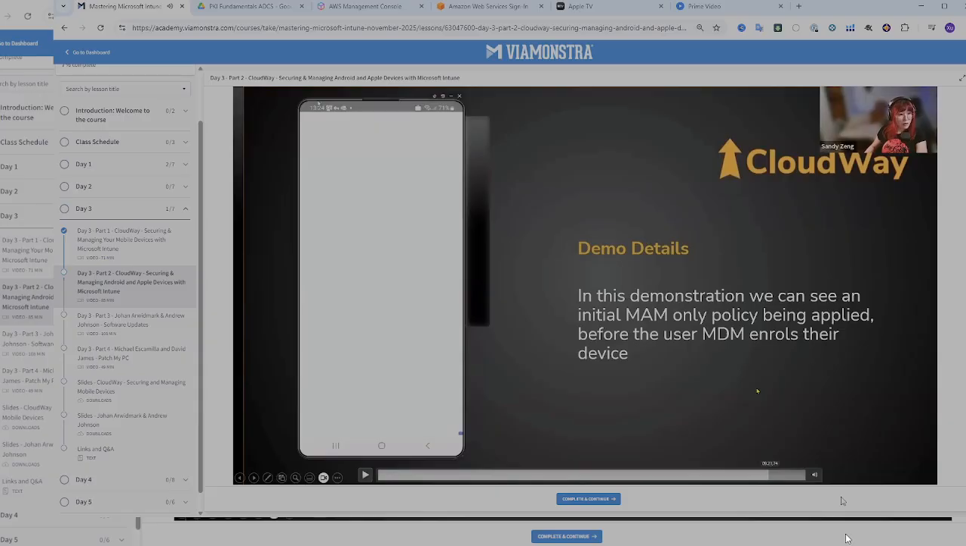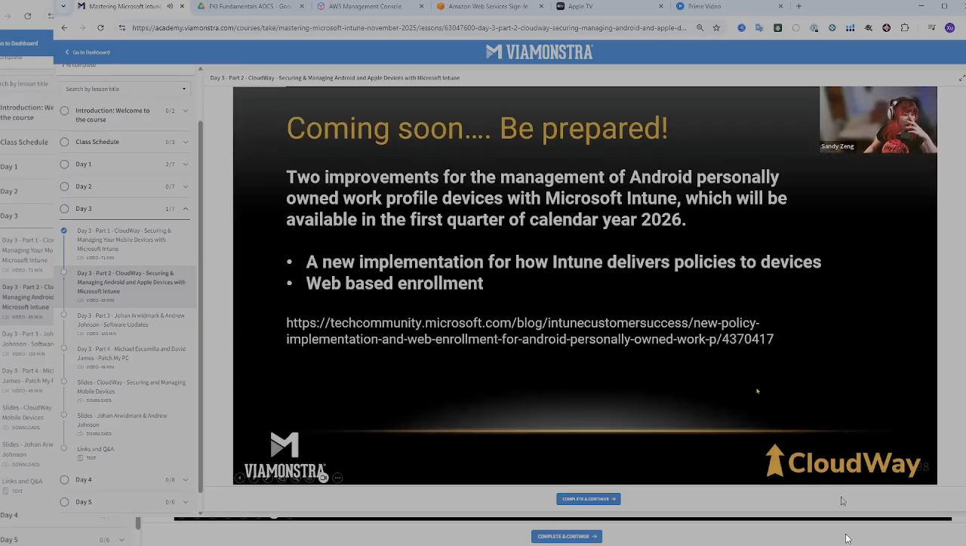Yep. So next one, coming soon, is prepared. This is coming next year in the first quarter. It has a new implementation of how Intune delivers policies to the device. So they are going to use a new API. And also they will be changing